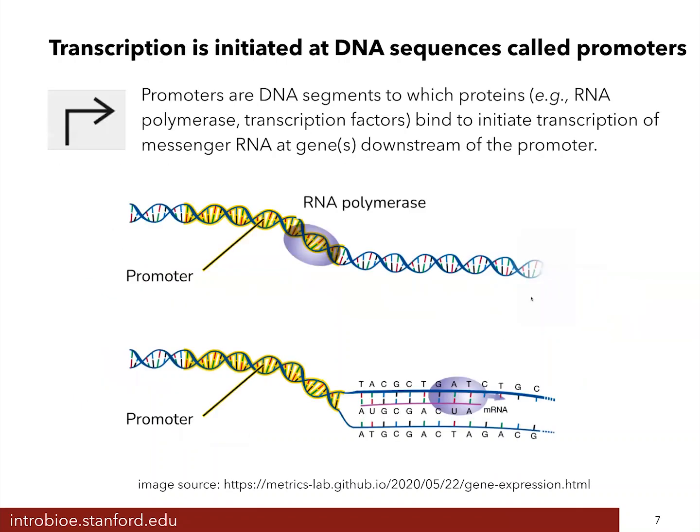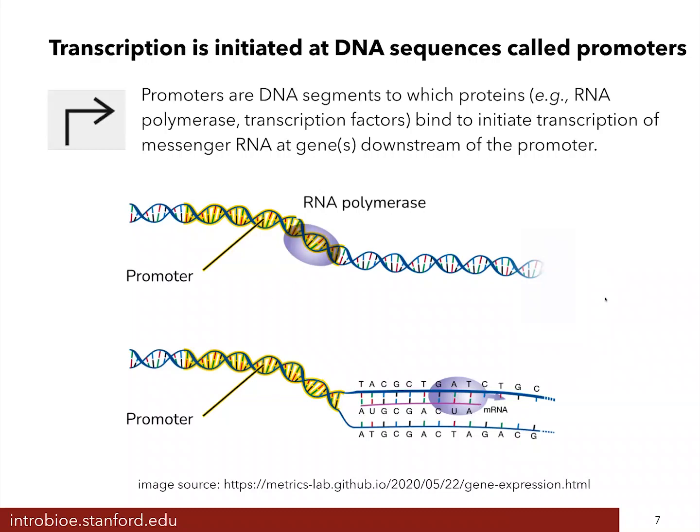Now, transcription is initiated at DNA sequences called promoters. Promoters are segments of DNA to which RNA polymerase and transcription factors bind to initiate the transcription of RNA at genes encoded downstream of a promoter. So on this slide, you're seeing DNA, a region of the DNA that encodes for a promoter is highlighted in yellow. RNA polymerase, which is this kind of purple circle, binds that segment of DNA and then initiates the expression